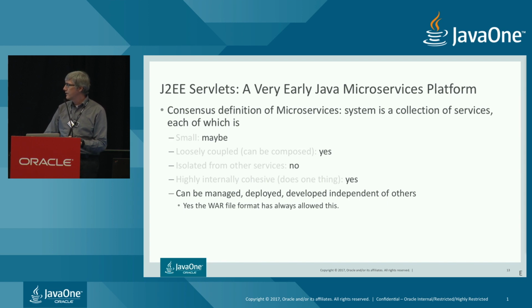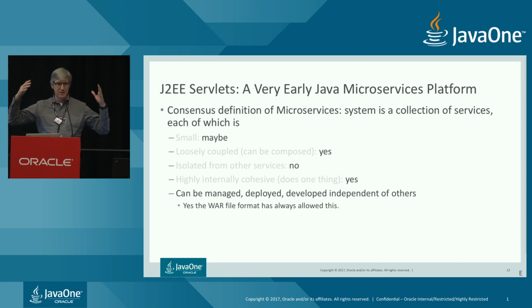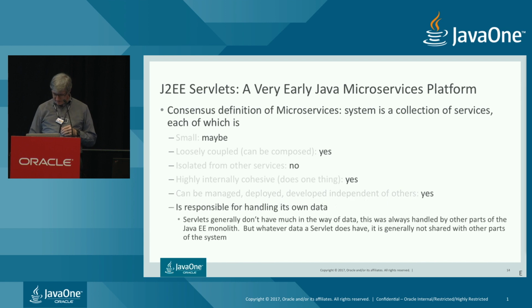Can be managed, deployed, and developed independent of others. This one, again, make it hard to do bad stuff, easy to do good stuff, and J2EE didn't do so well on this because it came up with this EAR concept, and it let people be very lazy and just say, here is this one gigantic EAR, it has 5 WARs and whatever else in it, and it takes forever to deploy. And so that one, I'm giving it a yes, but if you restrict yourself to just WARs that you're deploying on different containers.